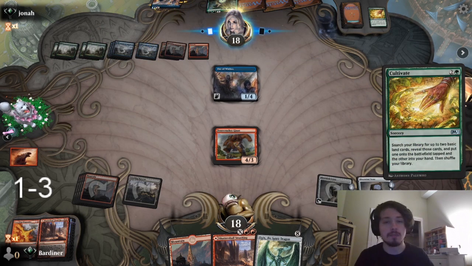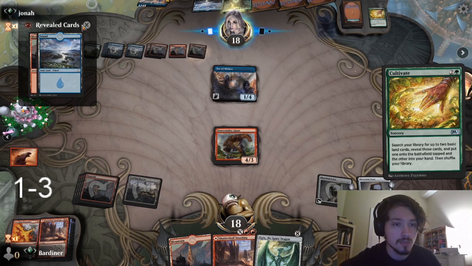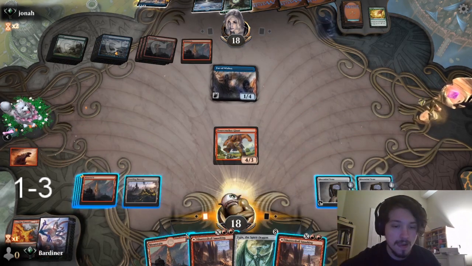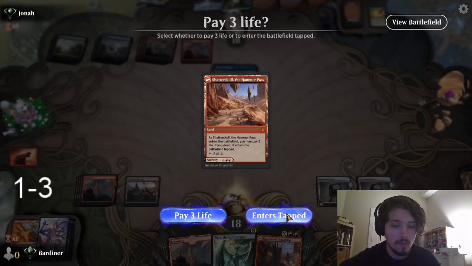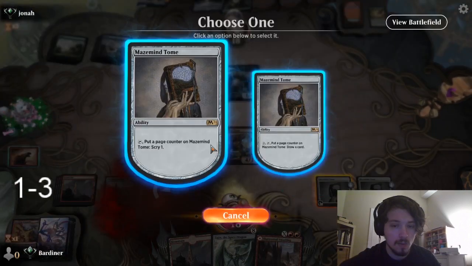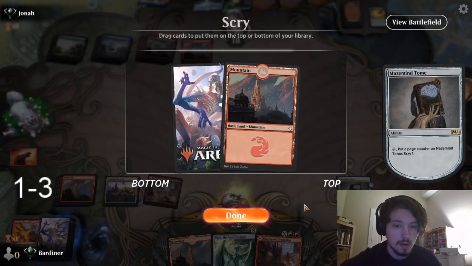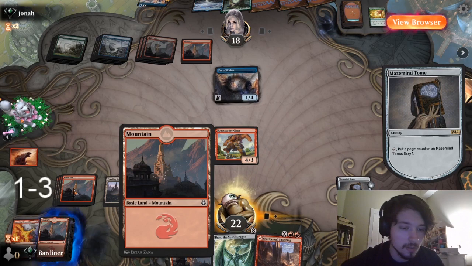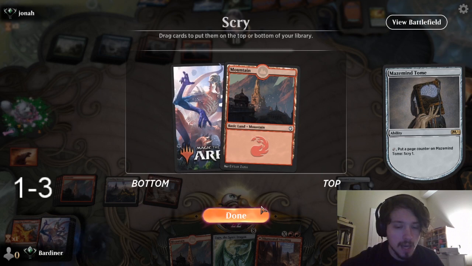They still drew a good amount of cards. I can't deduce that that's a whiff yet. It probably wasn't. I'll put one of these in tapped. Scry one. How many lands are we at? 1, 2, 4. Yeah, we're gonna...